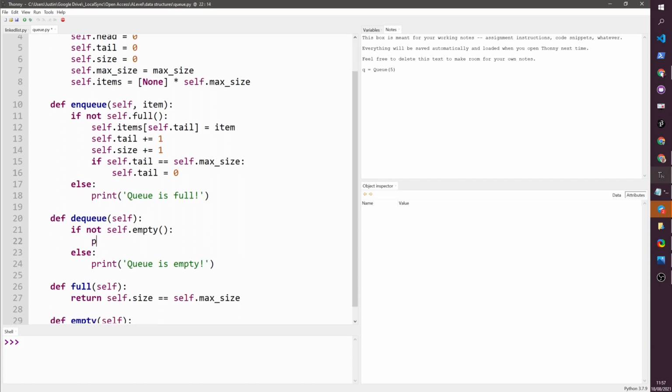Dequeue. Here I've got to take the item at the head, and I've got to increment the head of the queue. That's the way in which I'm going to remove the item at the head of the queue. And the way that I then do that is,